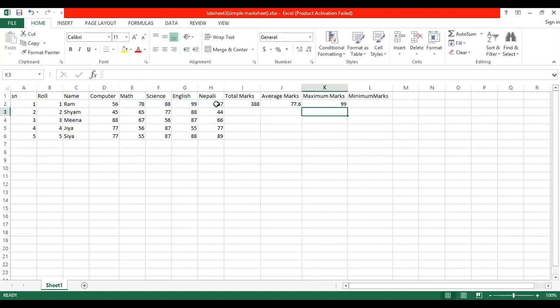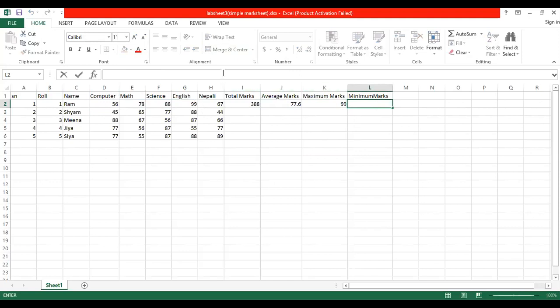Enter. That is 99. Yes or not? 56, 78, 88, 99, 67. Which one is greater? This is 99. So it shows 99. Maximum is 99.